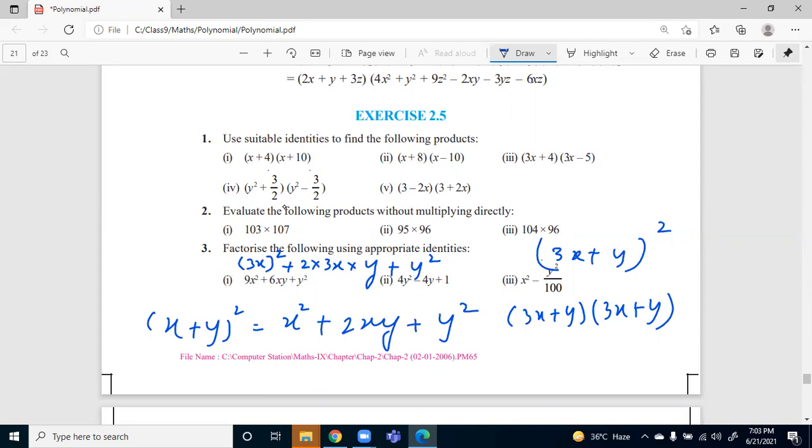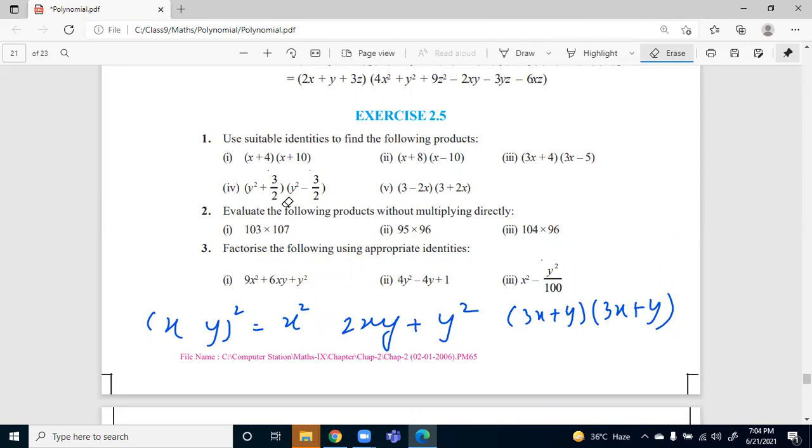So let's move to the second part. Ma'am, is it (a minus b) whole square? Yeah, that is (a minus b) whole square. So how can I know it is (a minus b) whole square? You can see the three terms of the second part, by the sign. So you can see in between there is a negative sign.